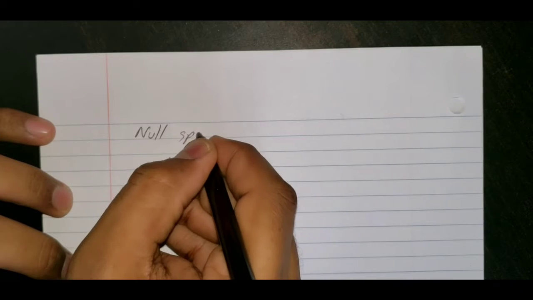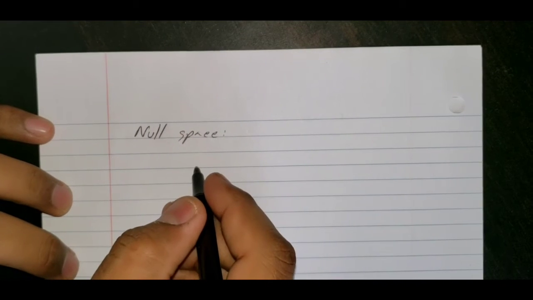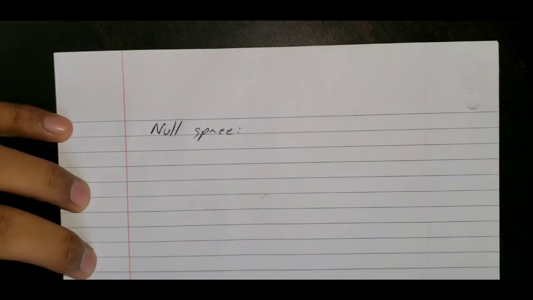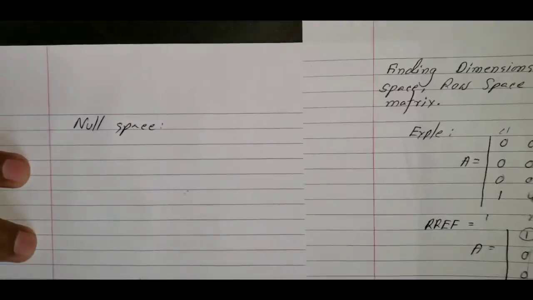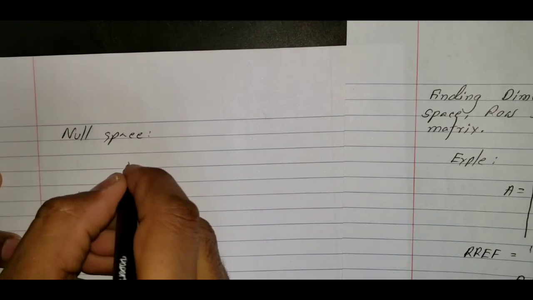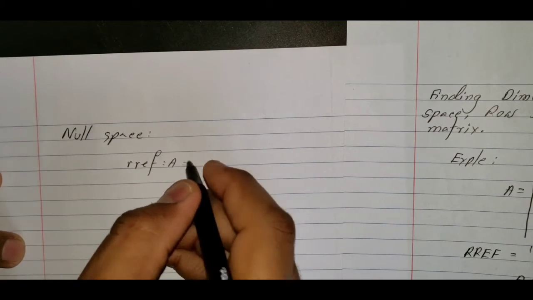So to find the null space, you need the reduced row echelon form again. So here we have the reduced row echelon form, which is this. Let me write it for your better understanding. So we have the reduced row echelon form of A, which is